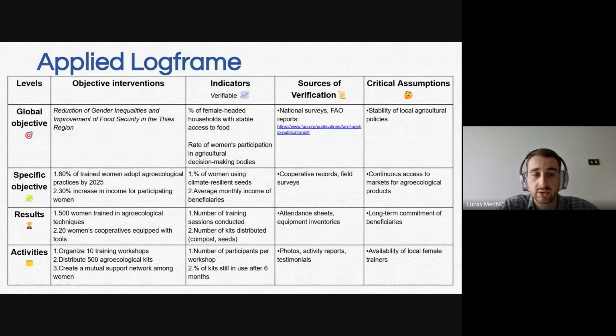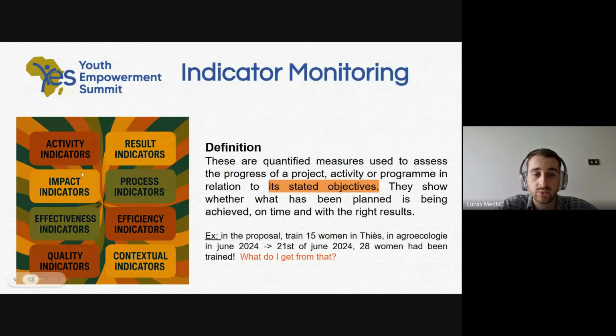So we talk more about impacts when the project is over and when we check after, etc. And we talk more about activity indicators and results indicators when it's running and it's really about the activities.